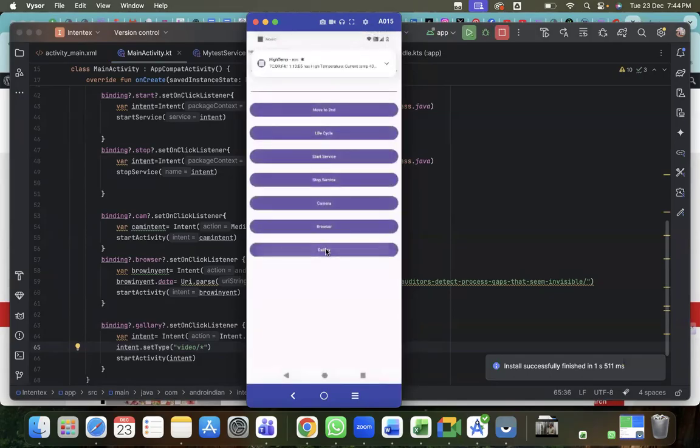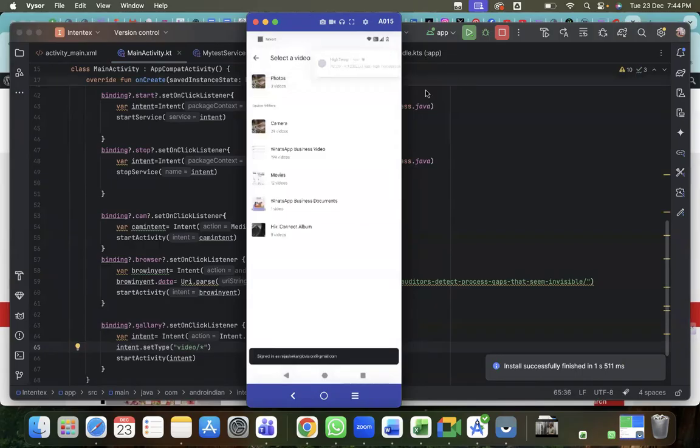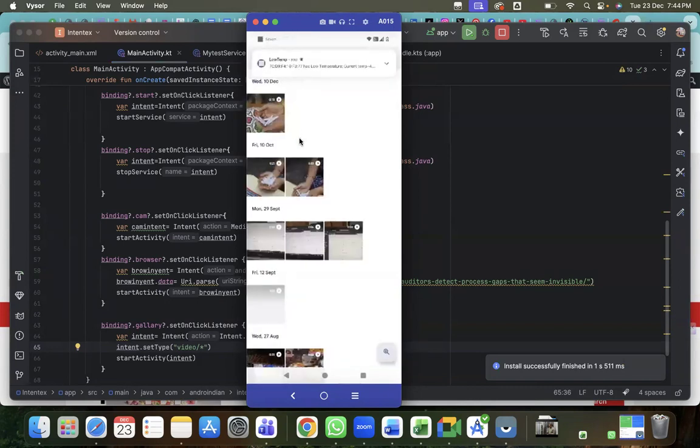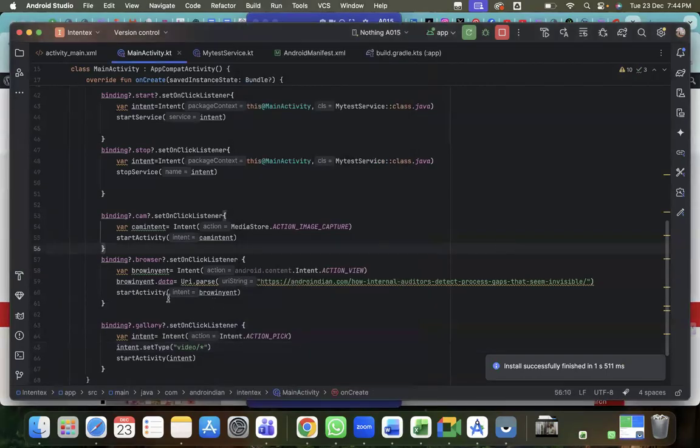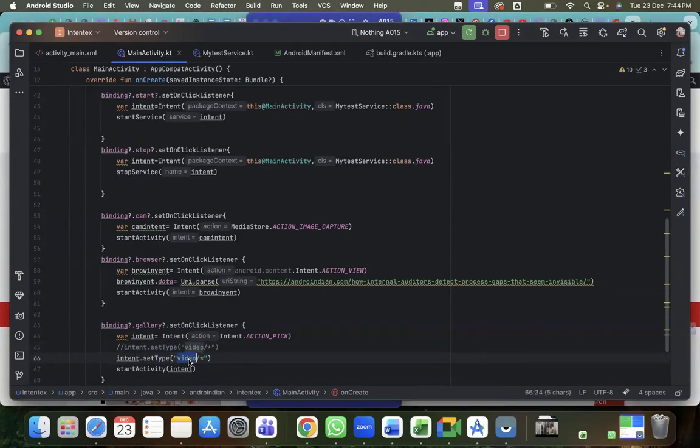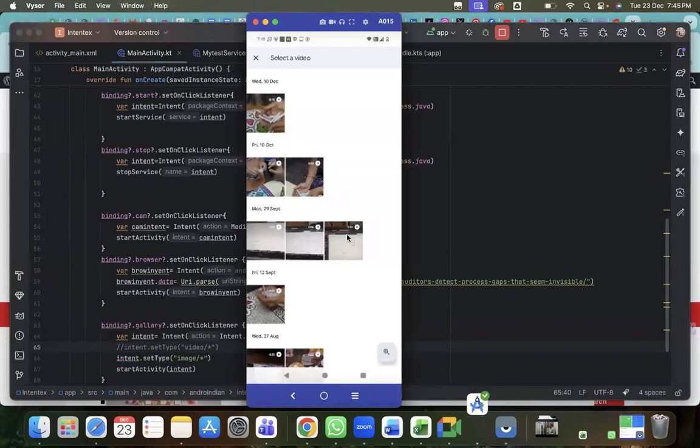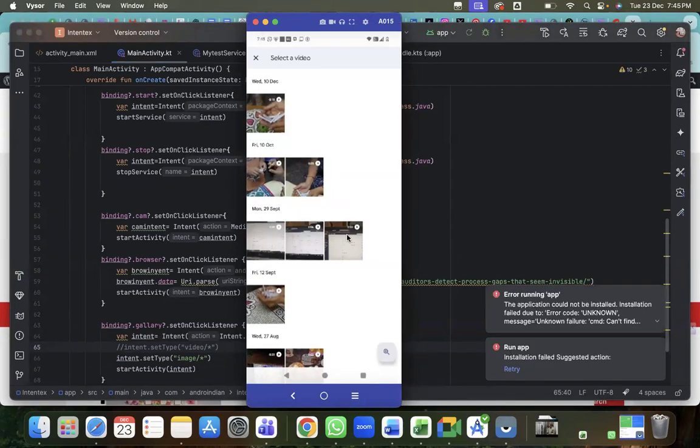Here now I'm clicking the gallery. See, videos are open here. Even if it is a camera, here I have only videos. Only videos. So next step, in case I add image here, only images will display. Now you can observe what happens here. Now it opened only videos, right? So next step, it will open only the